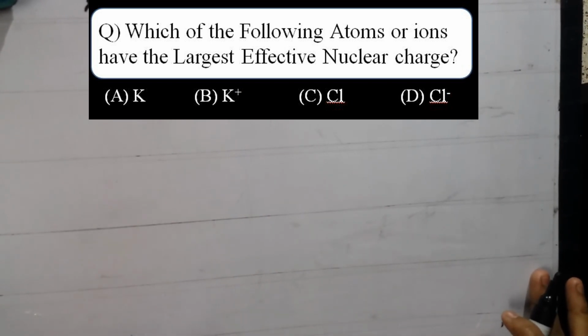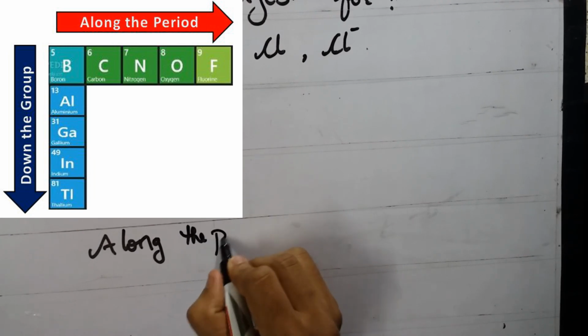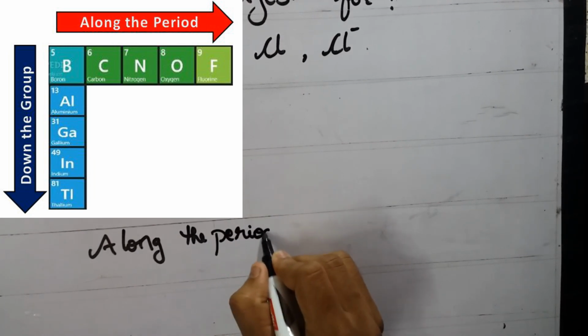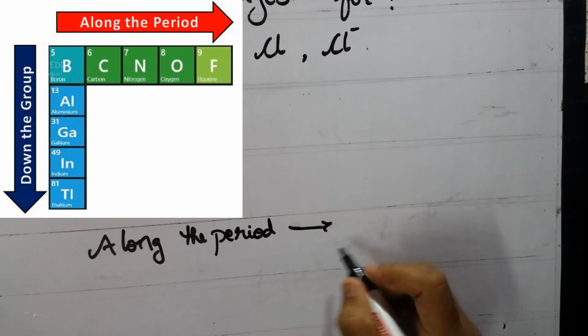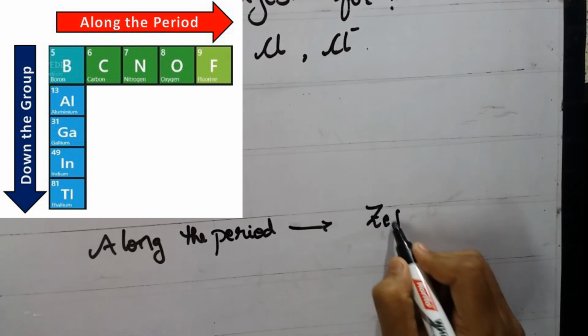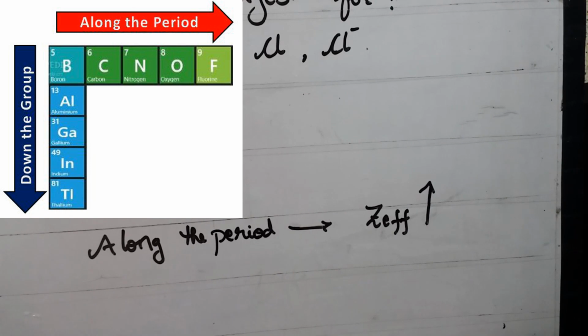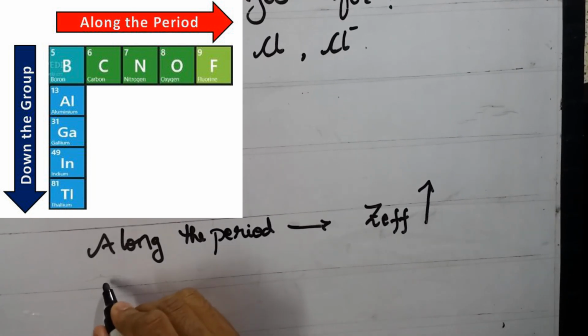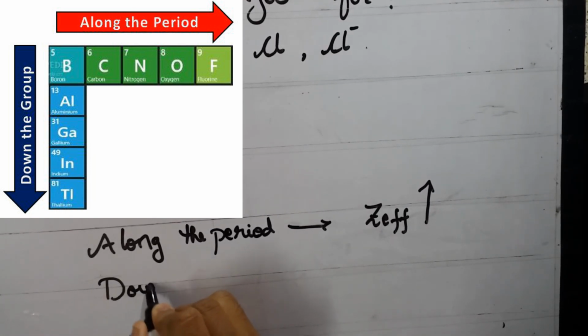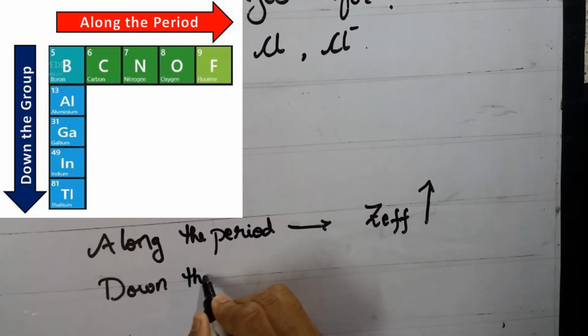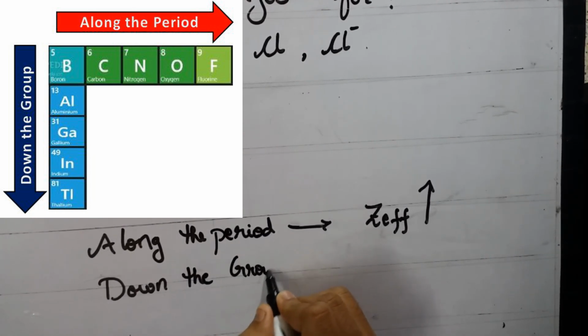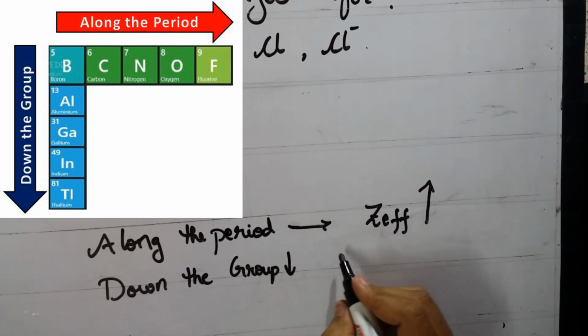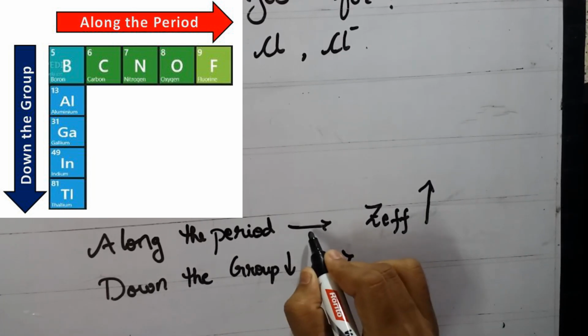If we move along the period, the Z effective value always increases. If we move down the group, the Z effective value